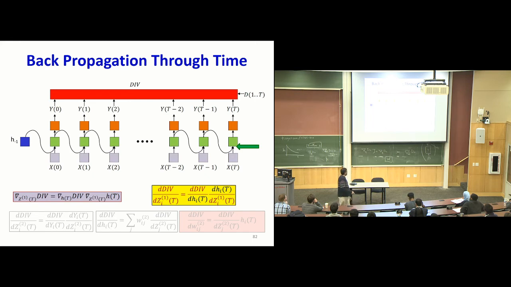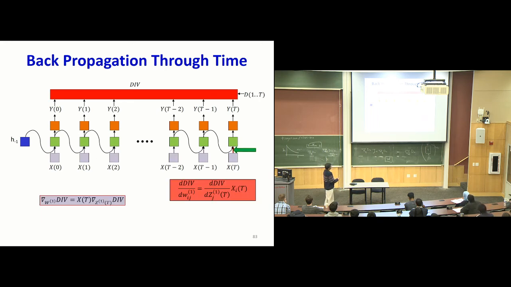The derivative of the divergence with respect to h times the Jacobian for the green box. This is just a standard chain rule. You keep going back, and that gives you the derivative with respect to the variable here. Then I can take a step further down and compute the derivative with respect to this weight matrix. I use the same rule as before. That's simply going to be x times the derivative of the divergence with respect to z. Straightforward, nothing fancy. We're just using the straight up chain rule.